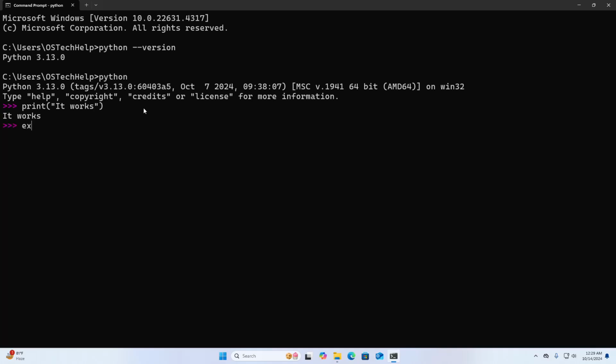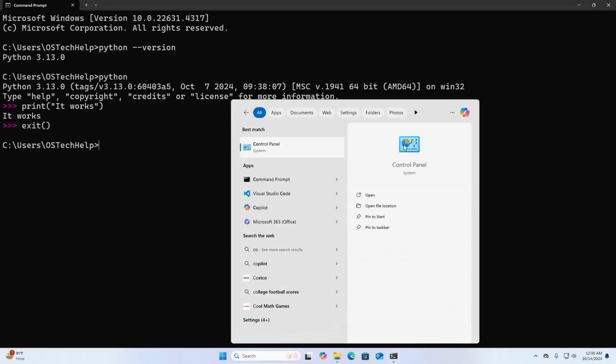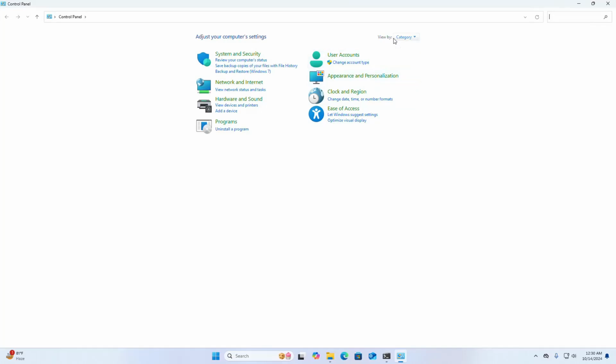That's it. Exit the console. That's it. To uninstall Python from Windows operating system, open control panel and select view by category and then click